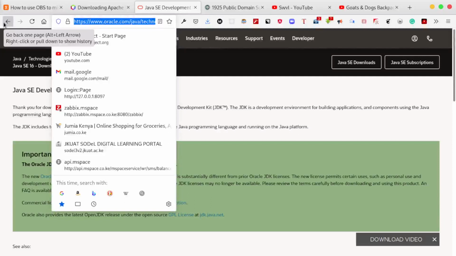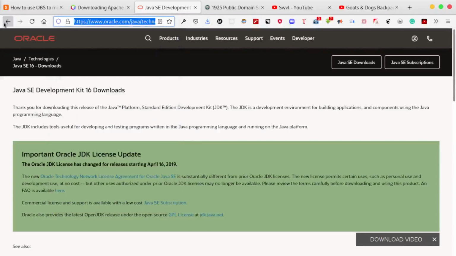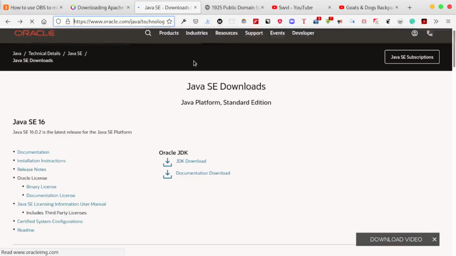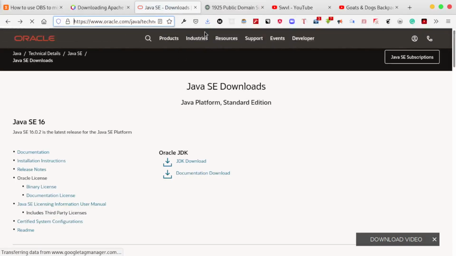You can go to your Google and maybe type it. Let me go back to this page. My internet is slow, but I hope that we are going to do this fast. So when you get there, you can always go download Oracle JDK. You'll be using Oracle JDK. We have different kinds of Java Development Kit, but you'll be specifically using the one that is developed by Oracle, but you can also use OpenJDK.